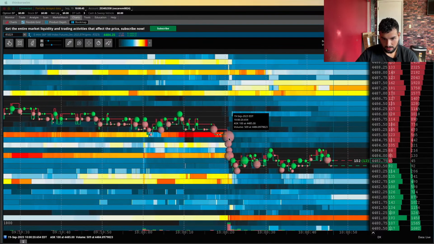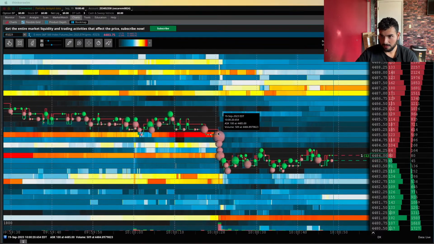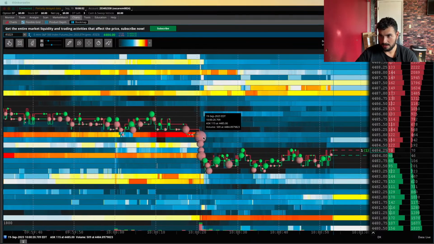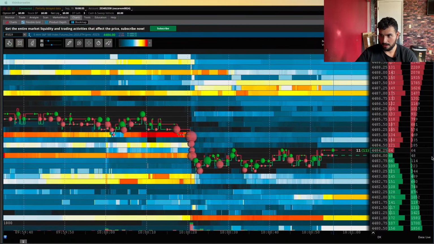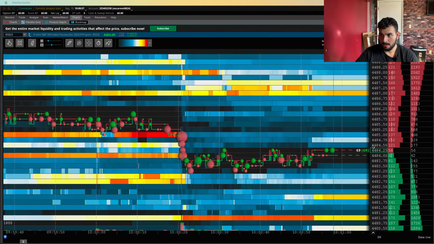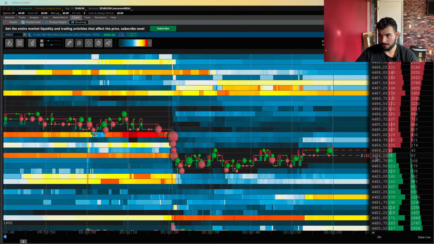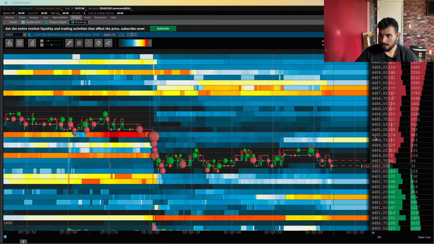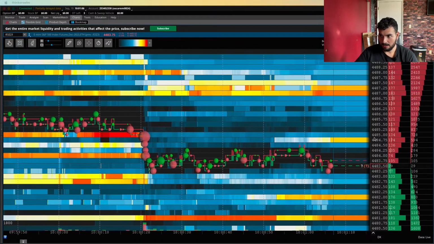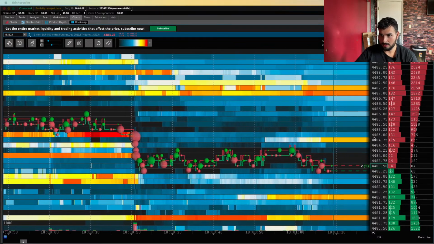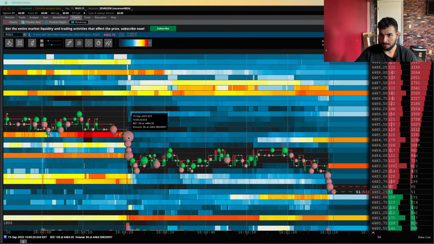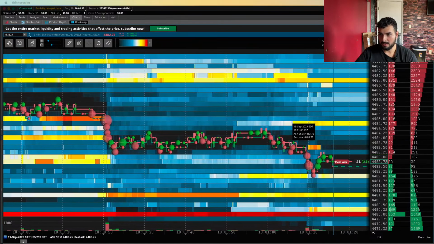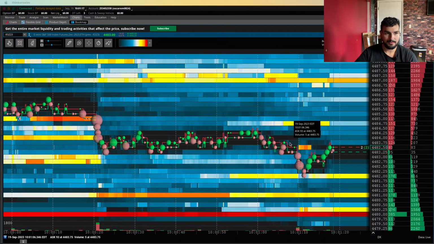So think about that, 509 lots at the market price is crazy, because each point that the market moves up, so from 44.84 to 44.85, it's a $50 gain or loss on your account. So imagine 50 times 509. That's a crazy amount of money. I don't even know what the math is, but